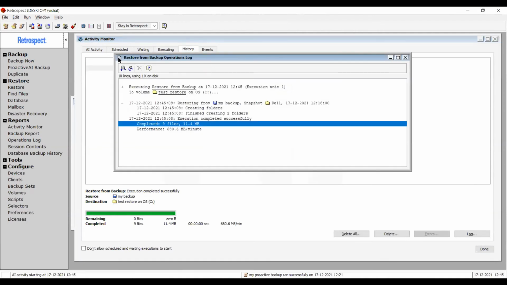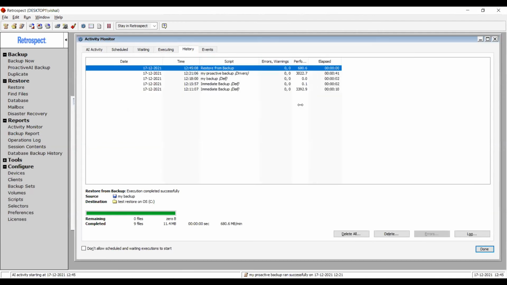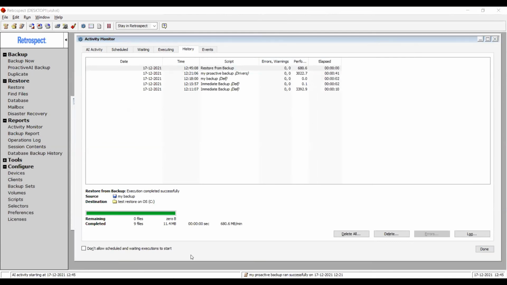Okay, so let me just move to the file explorer, go to my C drive. The restore folder was test restore, and I'll also have to switch screen.